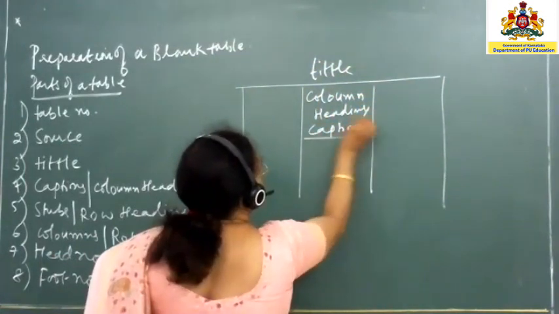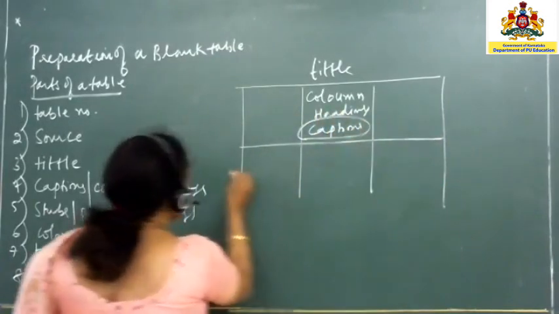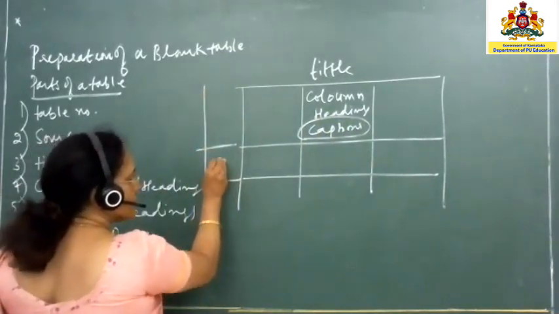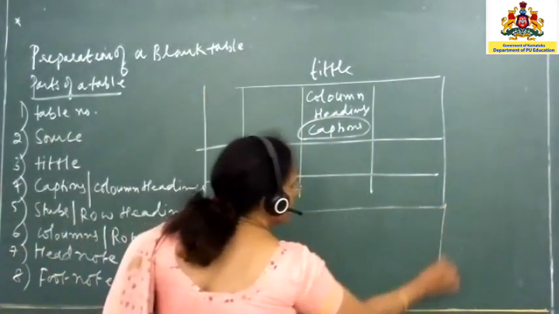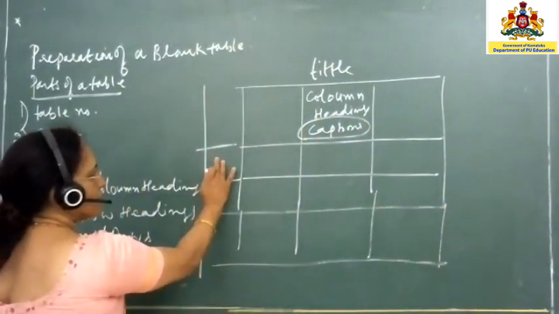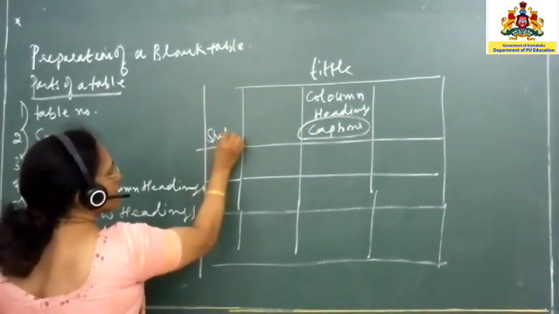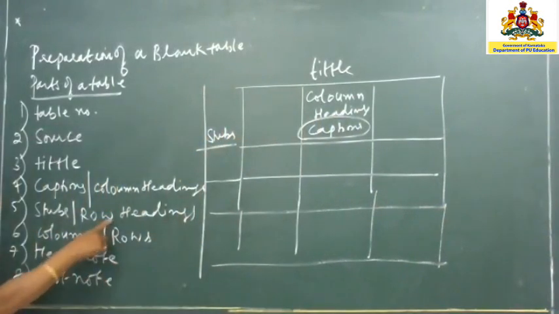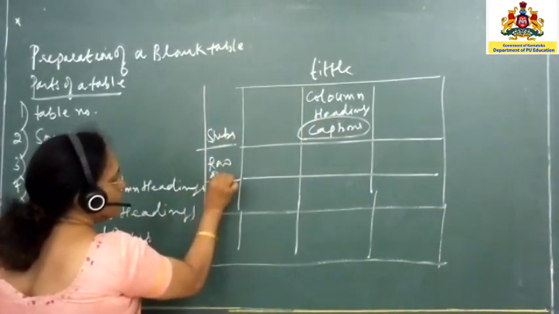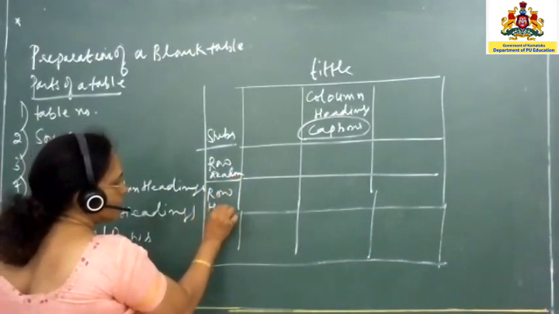Okay. Now if you take this is first column, second column, third column. This way, now you will be having the rows. This is first row, second row, third row. So like this. Now see first row, second row. Here you have what is called the stubs. So what are stubs now? Here we have written. Stubs are nothing but row headings. So this is your row. You will have to write some headings here also, whatever it is. Similarly here also you will be writing row headings.